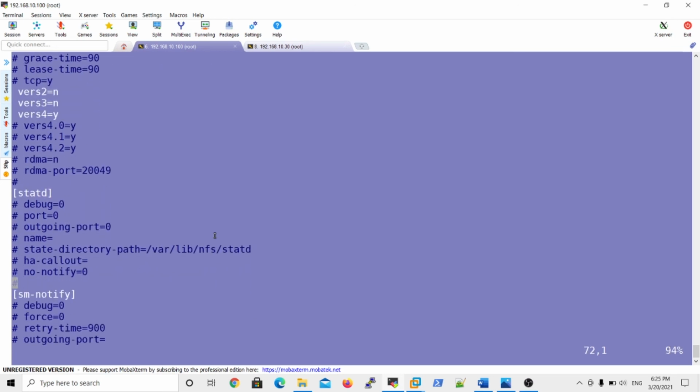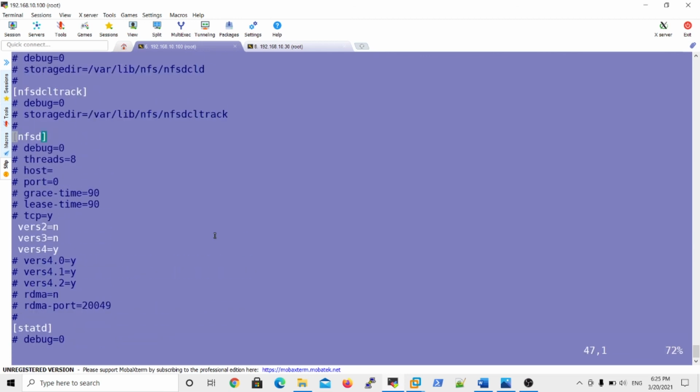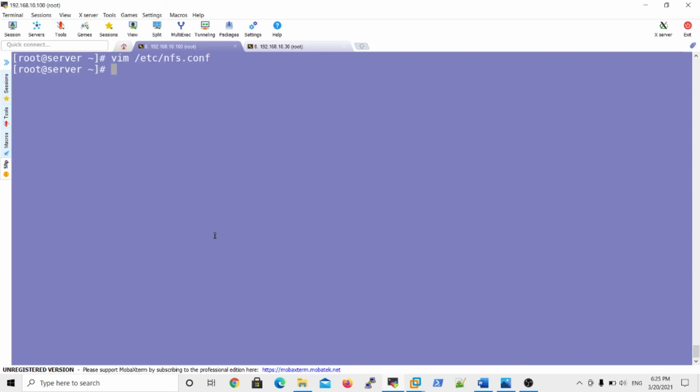And the same way, if you want to change the settings of the NFS server, everything is available here. This is the main configuration file. Here are the options for how to enable version 3 and how to enable version 4. Again I go back to my port number. I will keep it at 0 only, because I want to run the same port, 2049. Then I run systemctl restart nfs, because when you change the NFS server settings, you must restart the service.